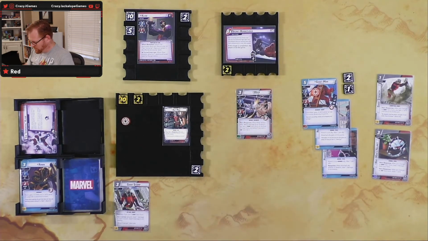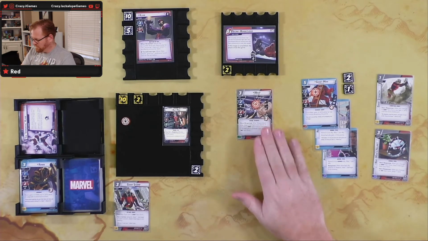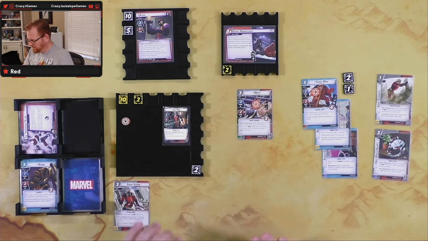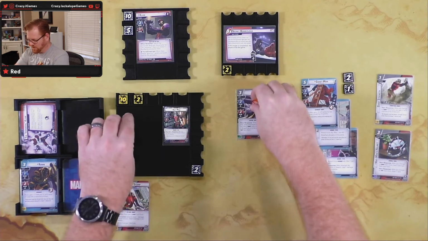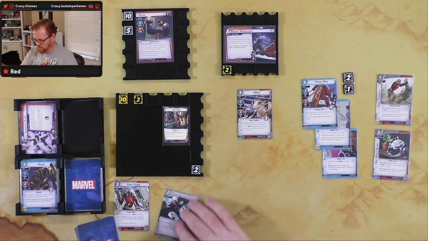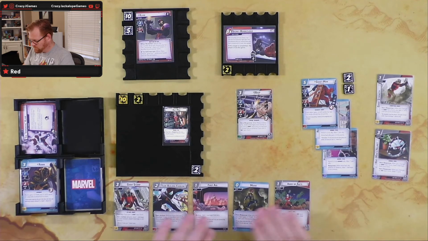All right, next up, we're going to exhaust. We're going to do 2 damage to Klaw, so he's down to 15. All right, that's the end of our turn. Giant Man didn't get to do anything because Klaw had pulled some shenanigans there. So we're finished. We're going to draw back up to 5 cards. So 1, 2, 3, 4, 5. All right,